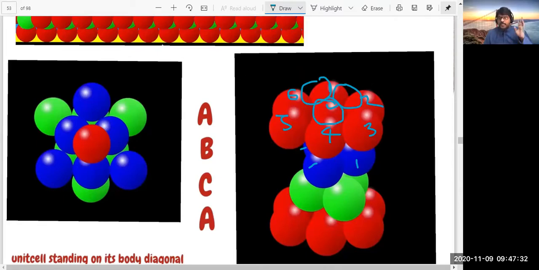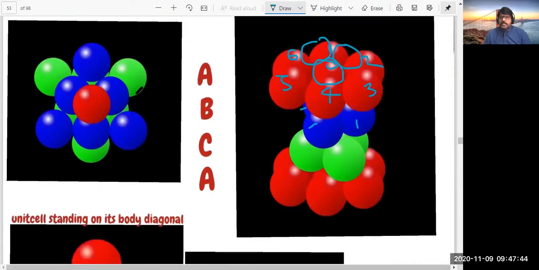cubic lattice. So here already we discussed. You just go and watch that video if you want to know how to calculate the packing efficiency. Here this is the coordination number, and if you see here, this is one unit cell. This is one unit cell. For the sake of convenience, here I am taking this as one face of the unit cell.